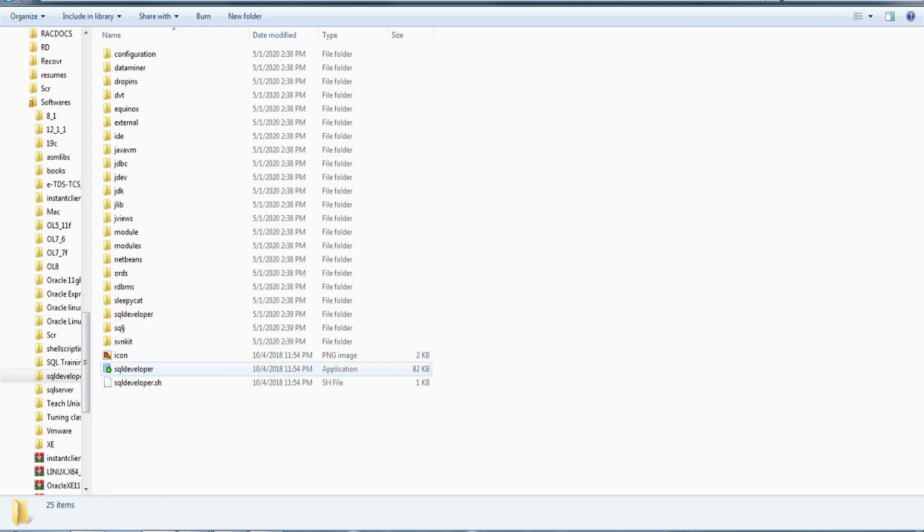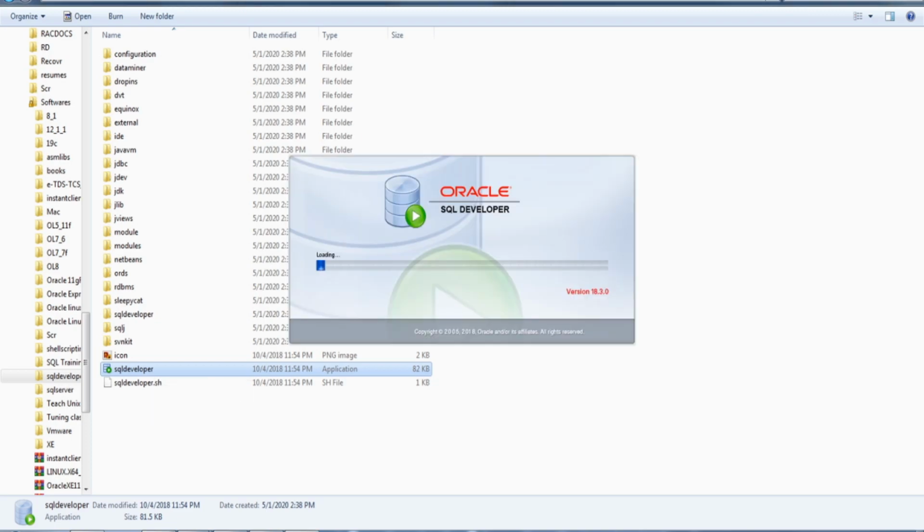Click on the SQL Developer application. SQL Developer is loading.